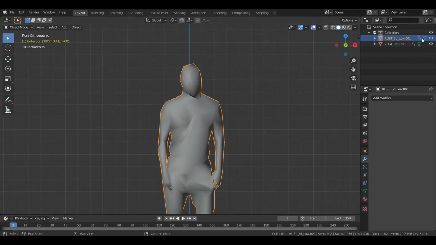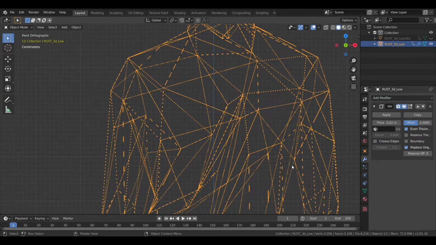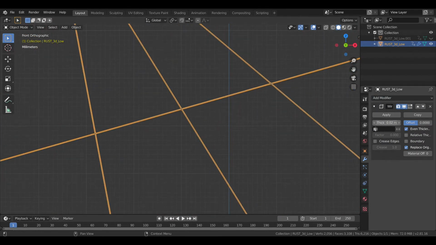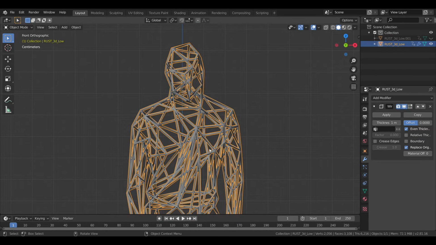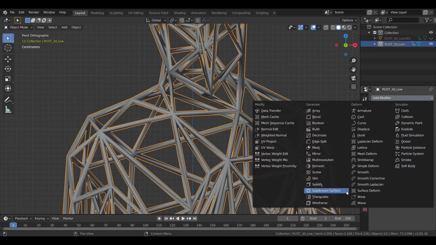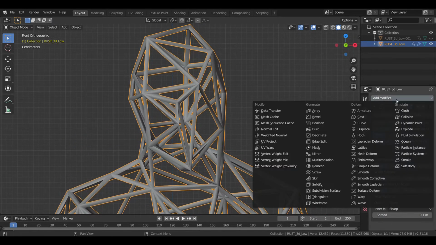So what we'll do is we'll take one and hide one and add a wireframe modifier. So what it will do is it will just leave the wireframe in this. So we'll increase the thickness to 1 meter, and so it looks quite right. One to front view. Okay, this is good. Apply the modifier. Now we'll add bevel modifier and we'll add the subdivision surface.